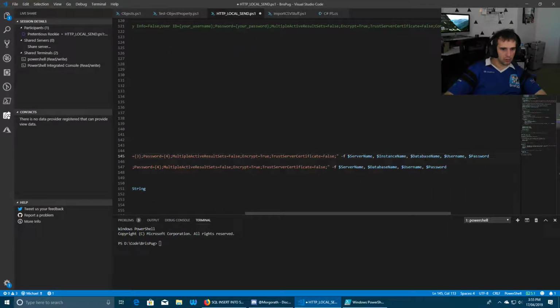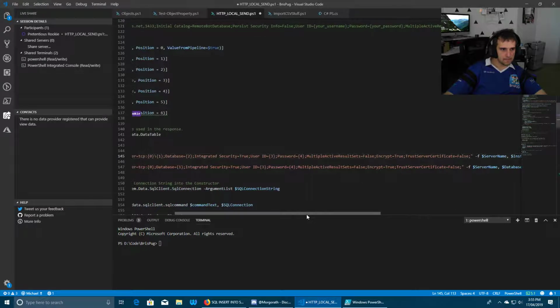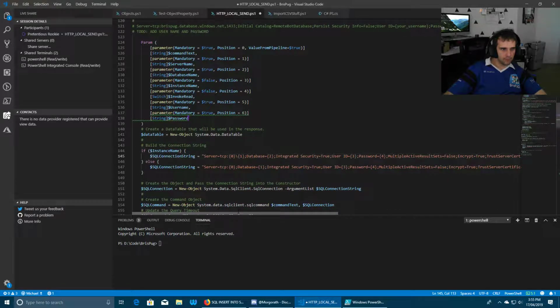But the parameter block says position 5 and position 6 for username and password, or are they not related? They're not related. That just specifies the parameter in relation to the function it's called on, but it doesn't specify the position.